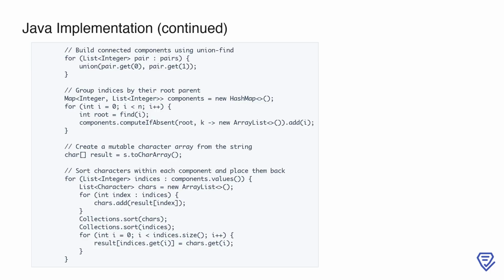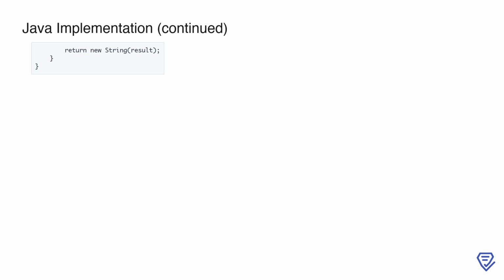First, we convert the input string into a mutable character array, which allows us to modify it directly. Then, for each connected component, we extract the characters at the indices, sort them, and also sort the indices themselves. This ensures that the smallest characters are placed in their correct positions within the component, giving us the lexicographically smallest arrangement. Finally, after processing all the components, we convert the modified character array back into a string and return it